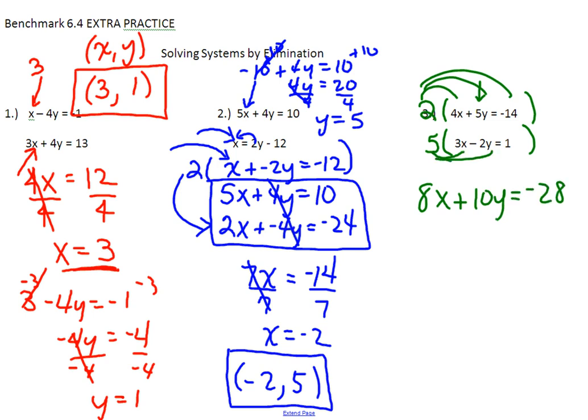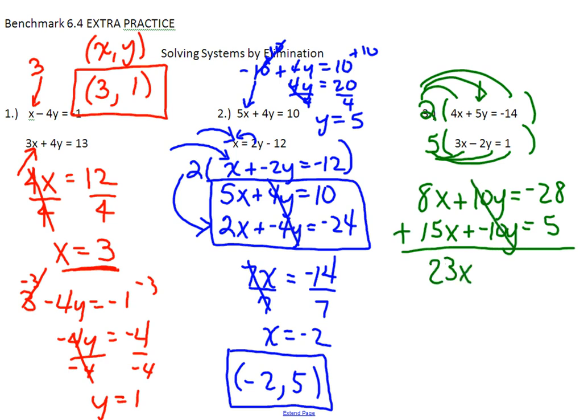If I multiply the 5 through all three places, I get 15x, and there's my -10y and 5. Adding those together, my y's will cancel. So I get 23x and -23. Now the numbers are big, but the answer turns out to be pretty straightforward here. So x is -1. Now back in the original problem,